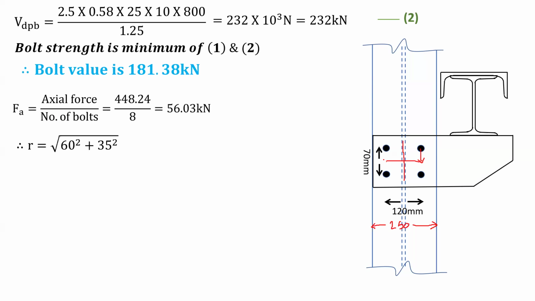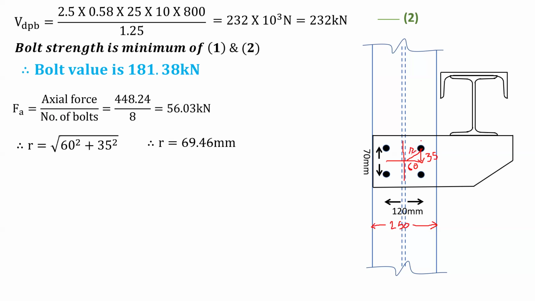So we have the center of this along horizontal and along vertical also. And R is the distance connecting the CG of the bolt group and the CG of the bolt. Now I have this distance: this is 35, because 70 is the distance between the bolts, and this is 60 between the CG of the bolt group and the bolt. And then the R value we will get as